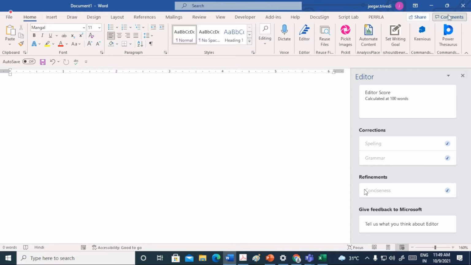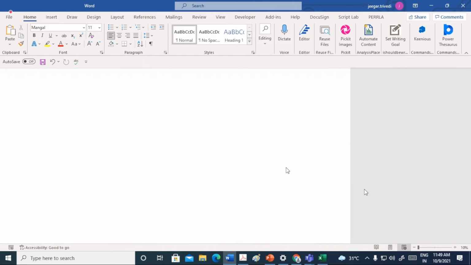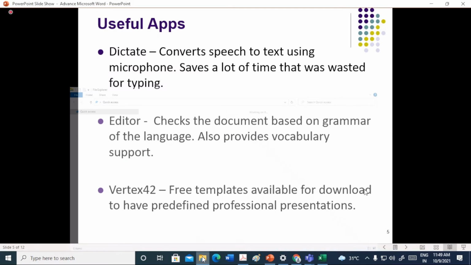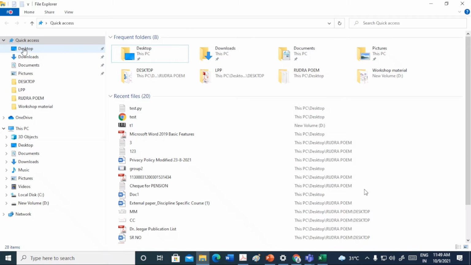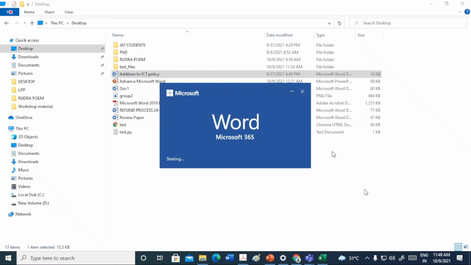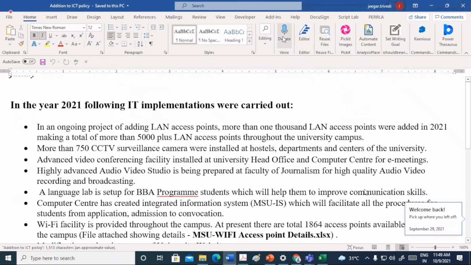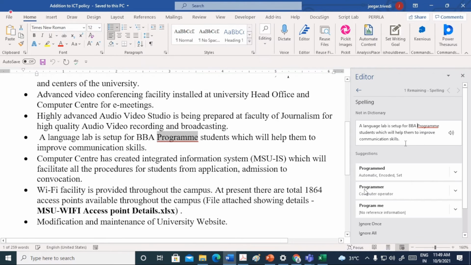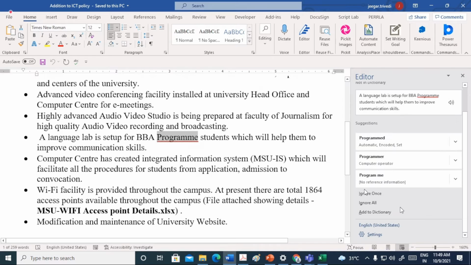Let me open some previously created Word document and then we'll see the Editor. Let us say Desktop, and let's say some ICT policy, and then I'll see the, not Dictate, sorry, Editor. Okay, so some spelling errors it will check.